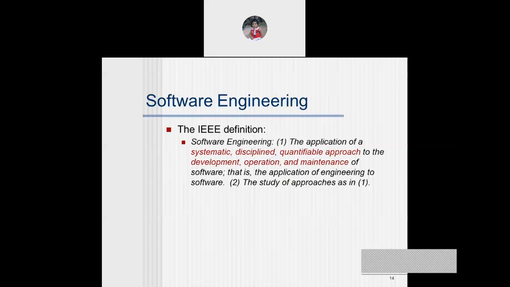So the person who is going to develop the particular project, the person who is going to operate the particular software, and the person who, after completing 1 year, is going to maintain the particular software. Those three important fields are in the development engineering process. So this is the process of software engineering. Yes, software engineering is an application where systematic, disciplined, quantifiable approach to the development, operation and maintenance of software.